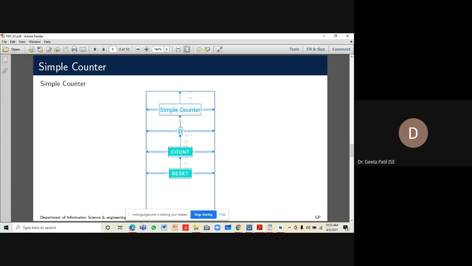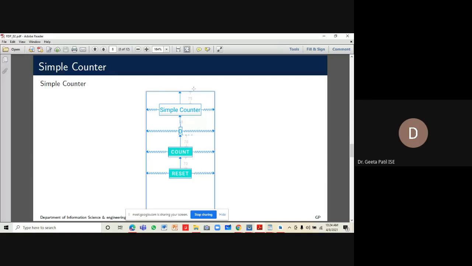With respect to this application, there are two text view elements, simple counter and 0, and count and reset are the buttons.